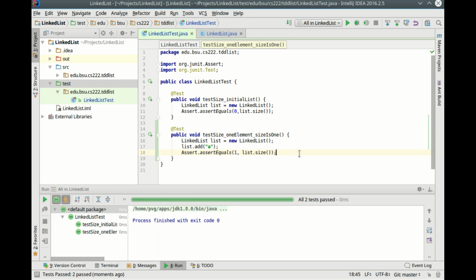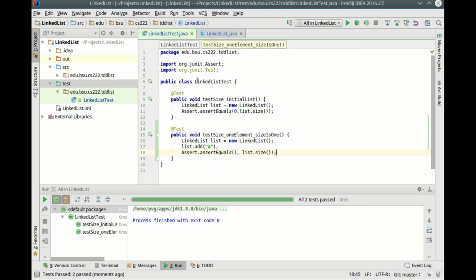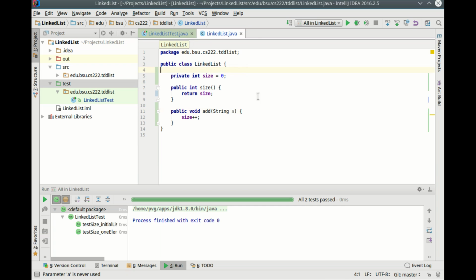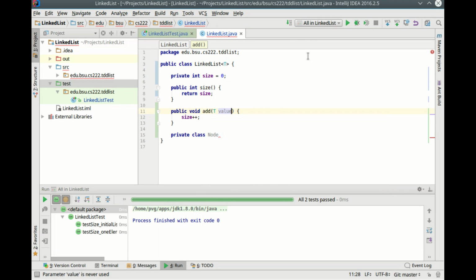But at the same time, I'm not sure we're gaining much by not actually implementing this. I mean, we could remove the parameter, or we could actually add some real implementation, which I think is what I'm going to do instead. So let's do that. A linked list is a series of nodes that are connected to each other, so I think the easiest way for me to do that is going to be to make a private class node. We still haven't dealt with the type here. Let's do that. So we can say this is going to be a list of t. We'll call that value